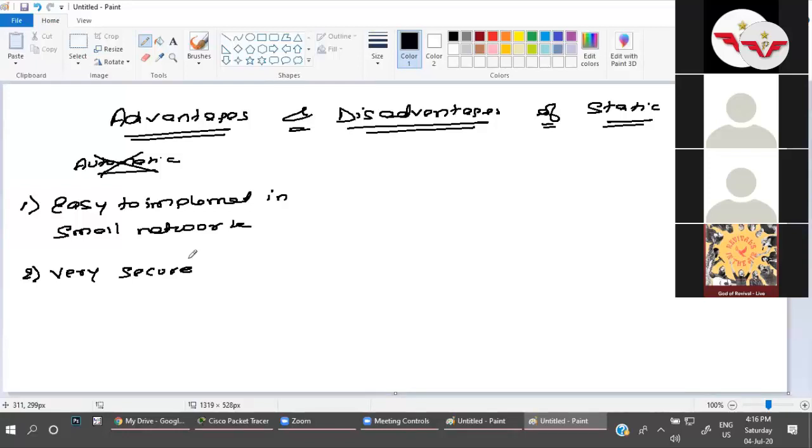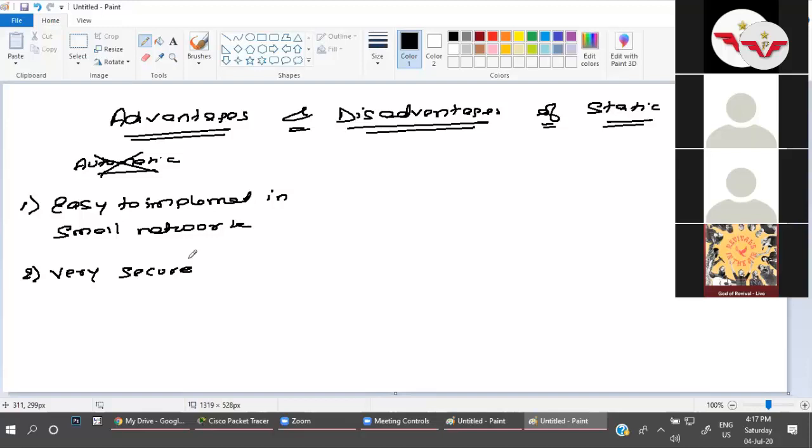In static routing, we are creating the routing table manually. It means if we have multiple routers, they are not sharing their information automatically, right? They are not sending any updates to the neighbor router. It means there is no routing protocol traffic going between two routers.